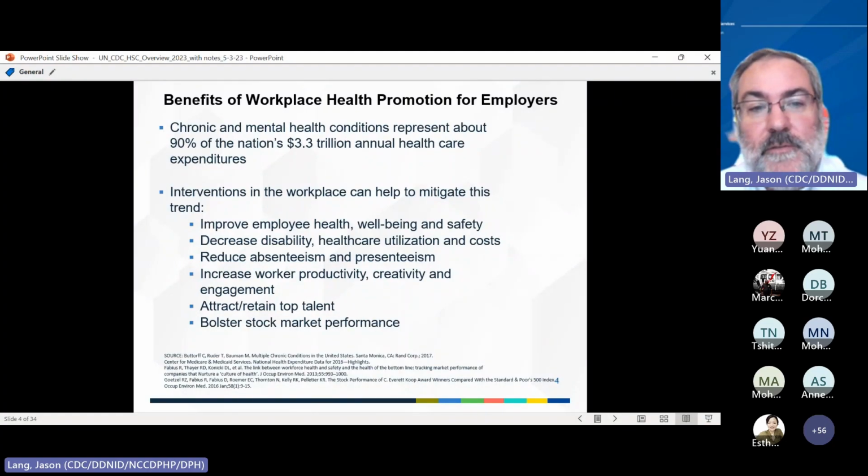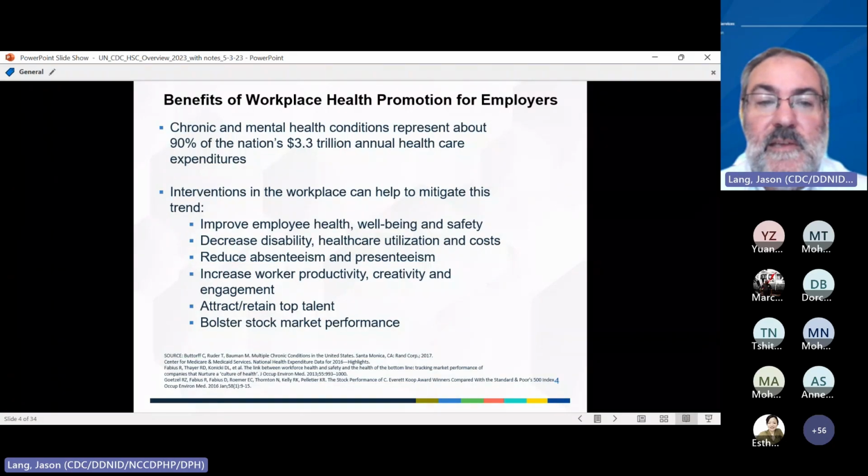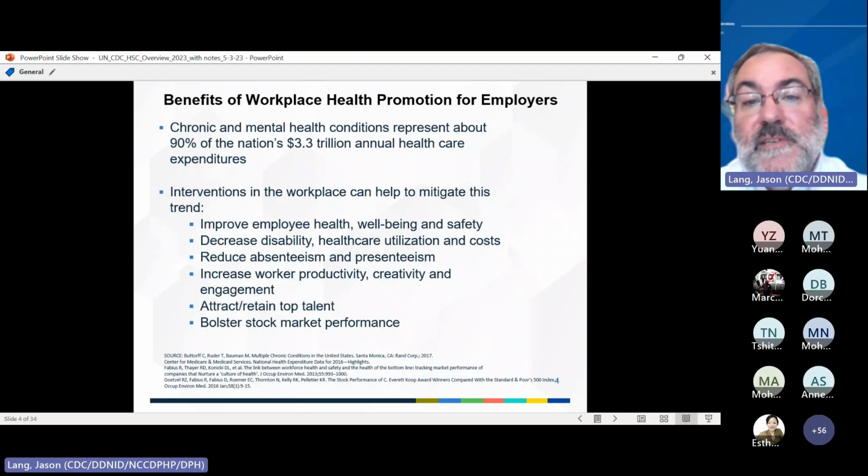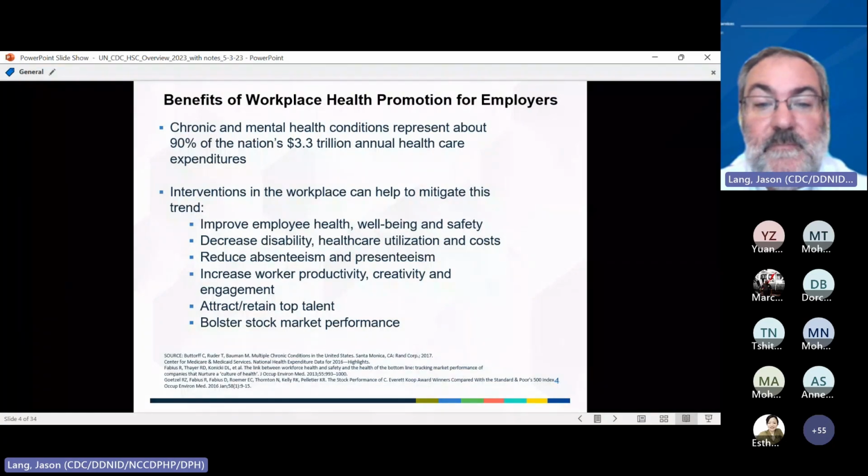And this field of workplace health promotion has been around for over 3 decades, and many studies have shown over time that these programs, when they're done well, when they're implemented with fidelity to the research, when they're set up for success and sustainability, can have a number of positive benefits for both the organization as well as the individual employees that work in the organization. Some of those can include, obviously, improved health, well-being, and safety, decreased disability, healthcare utilization and cost, reduced absenteeism and